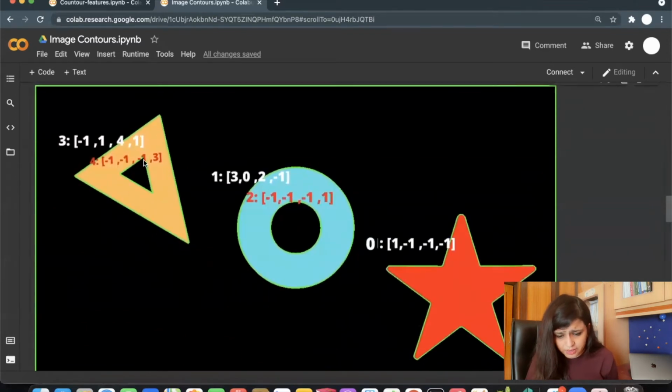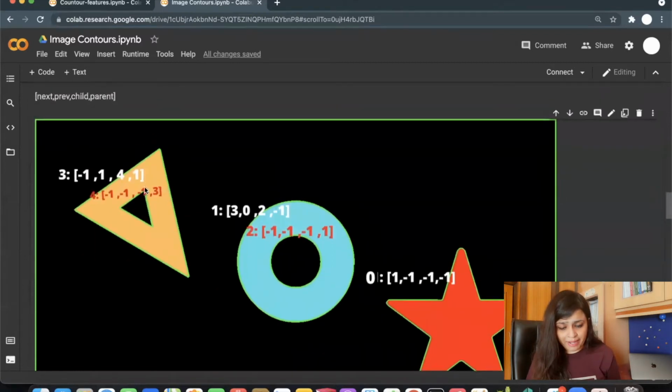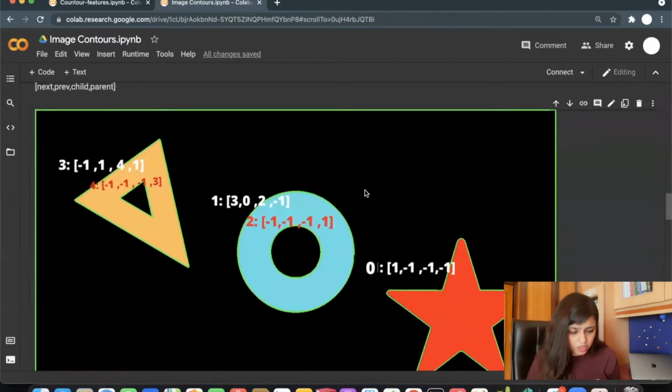And this child contour doesn't have any next or previous, because it is a child contour. It only has parent and child. It further doesn't have any child, so child will be -1, and its parent will be 3. For this outer circle contour, its next is 3, its previous is 0, its child is 2, and its parent is -1 because it is itself a parent.